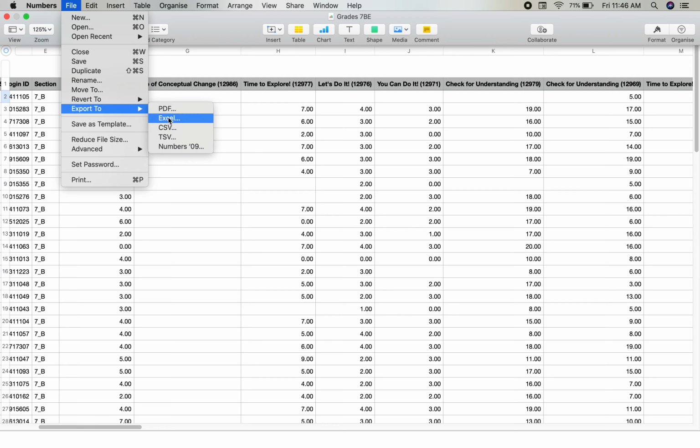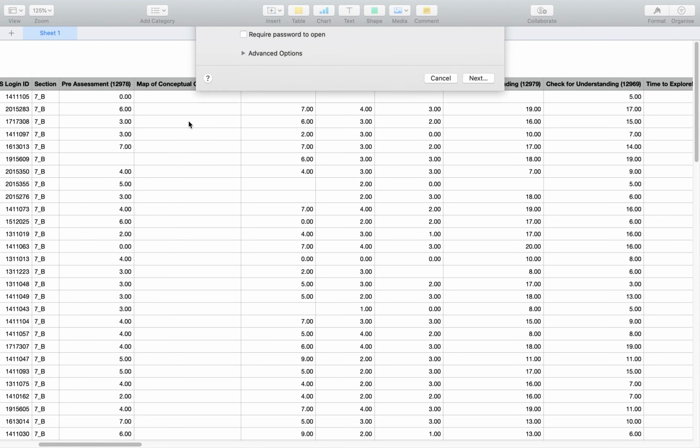Export either in Excel or in Numbers 2009. For those who are using Windows, use Excel. For those who are using MacBooks, you could use Numbers. Or sometimes those who are using Mac have Excel installed in their devices, so you could just export this to Excel. So if I do that,